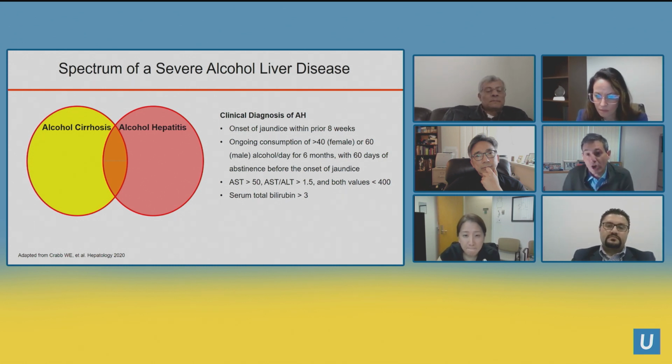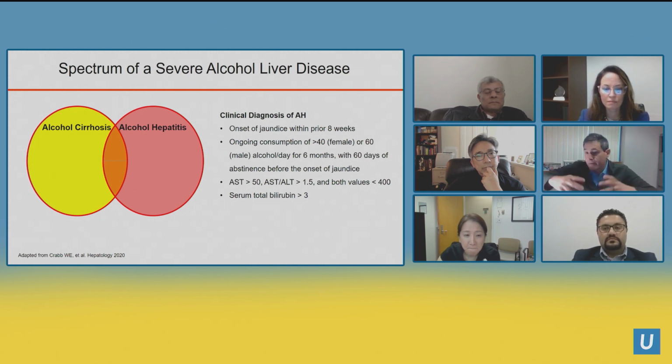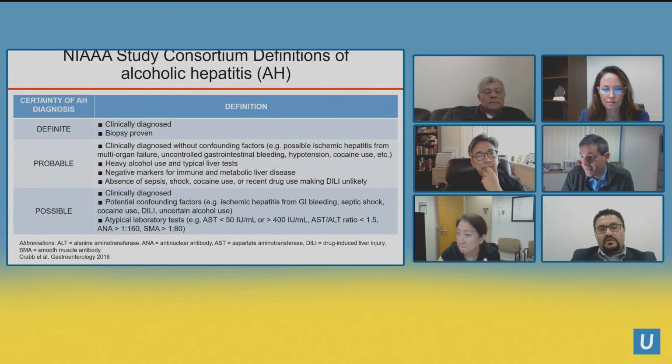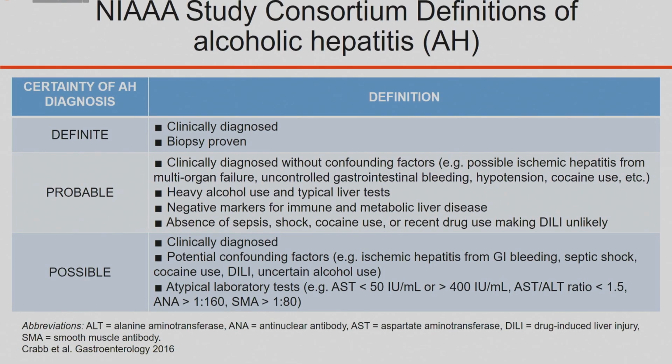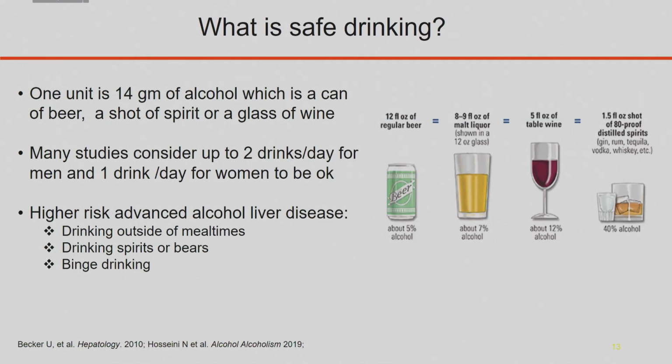So Jihan and I have taken care of people in the hospital who come in with liver tests of 1,000, and although there may be a component of alcohol hepatitis, it is not strict alcohol hepatitis. It may be a component of ischemic hepatitis or DILI that's been brought up before, and the bilirubin has to be at least 3. And then there's also a consortium that stratifies the certainty of alcohol hepatitis, and indeed the most definite diagnosis requires a liver biopsy, which we really never do because people, as Bishoy mentioned, are just so sick with high INRs, and low platelets sometimes.